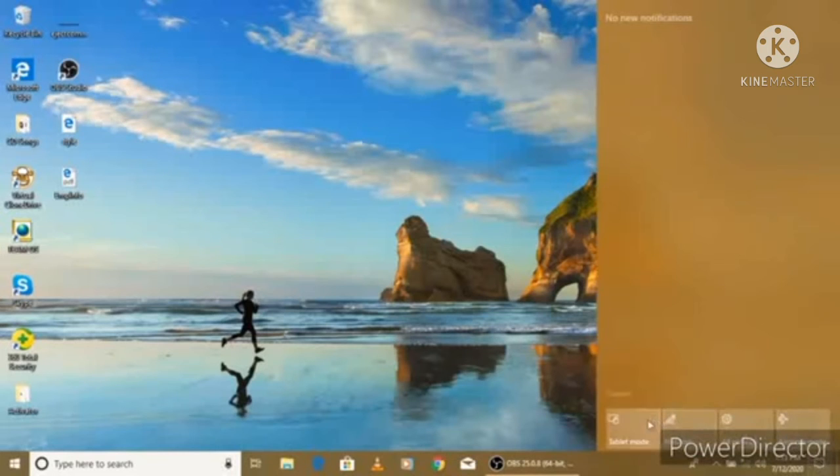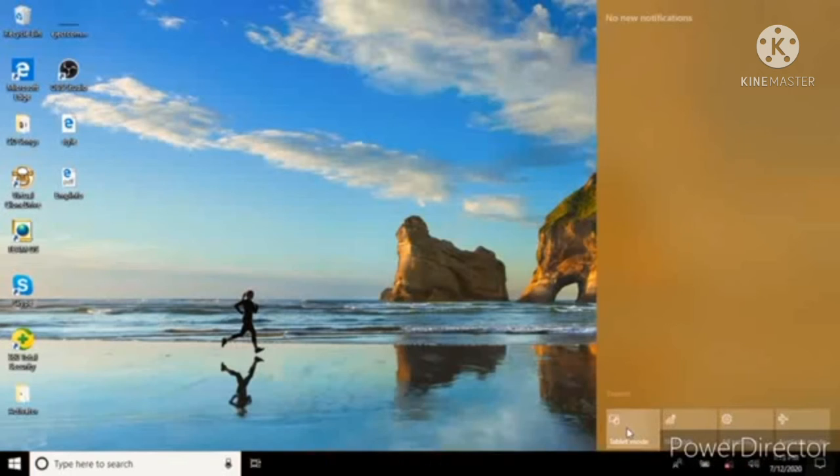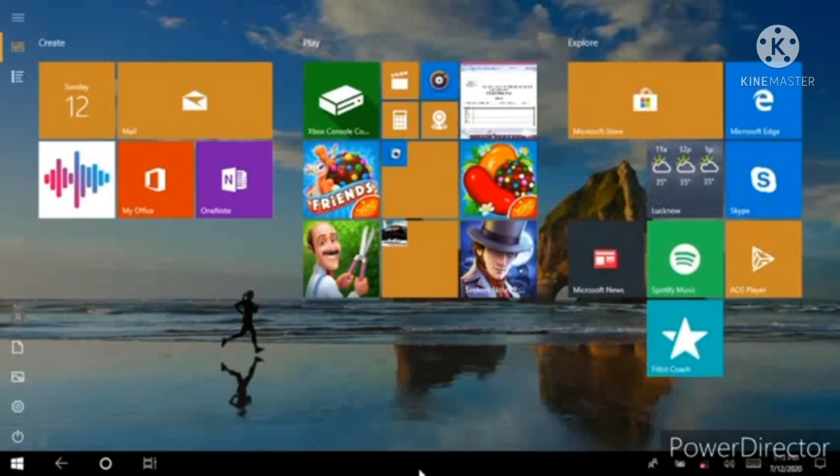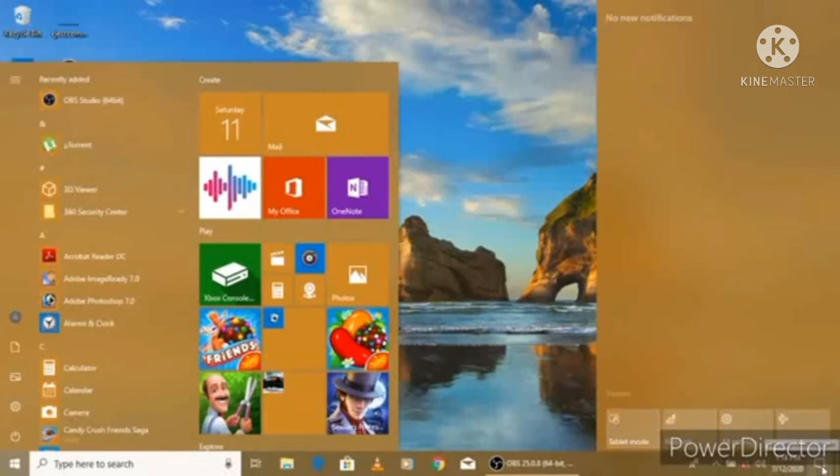First you click on the action button. The icons on the desktop display in tablet form. Whatever applications or files you want to open, you touch that, then automatically it will open. Again, if you want to come back to the normal mode, you click the action button. My laptop does not support the touch screen.